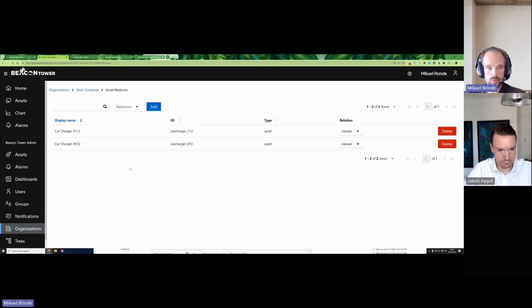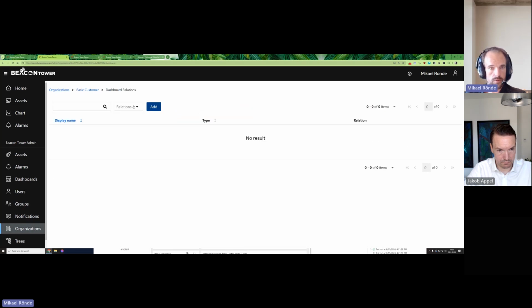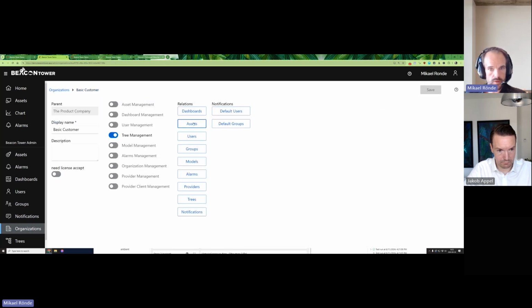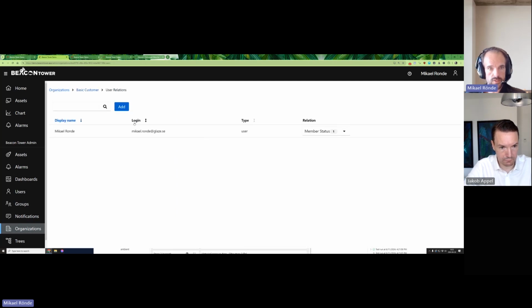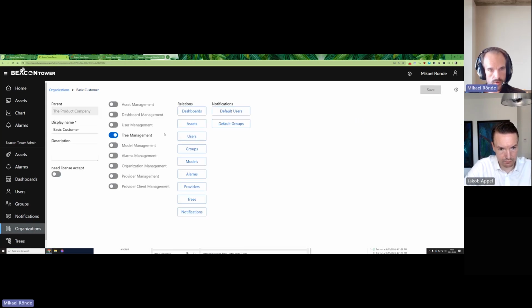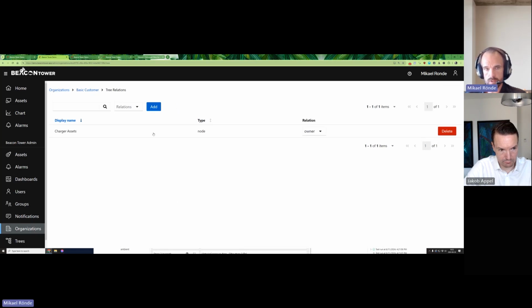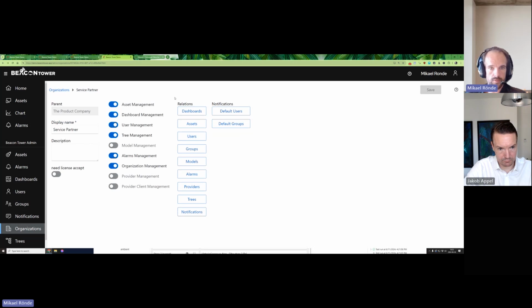For example, if we're in an asset, we see that this customer here has 2 assets that they have a viewer relationship with, which means they can't edit it. And then we didn't share a dashboard, but we have a couple of users set up here. We haven't shared a model with them. Let's see what else we probably have. Yeah, we have a tree shared with them. So a couple of different assets shared with them for them to have the basic necessary access to view a resource. And if we looked at the same for one of the more advanced customers,